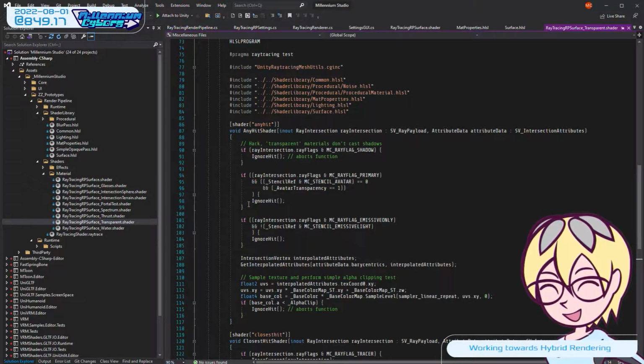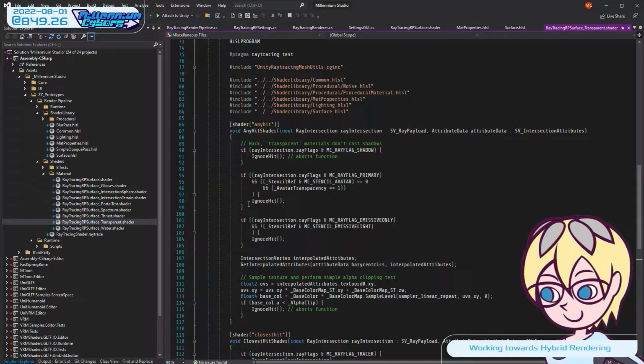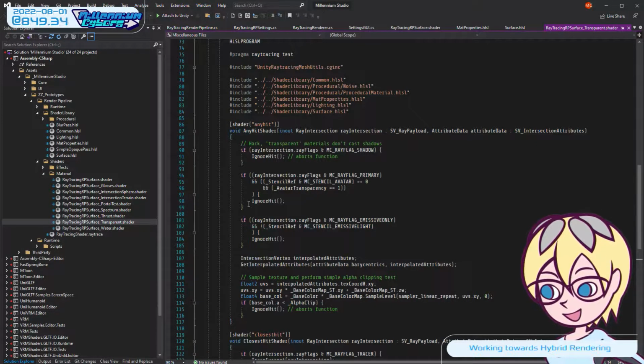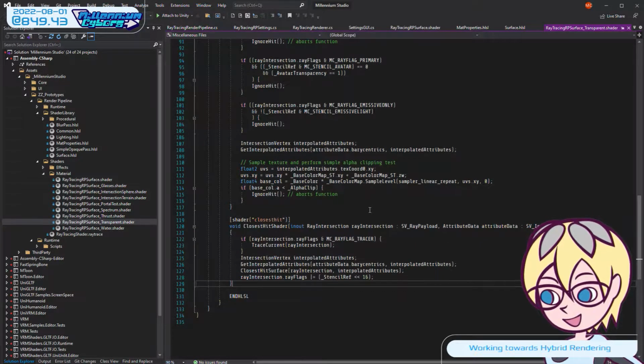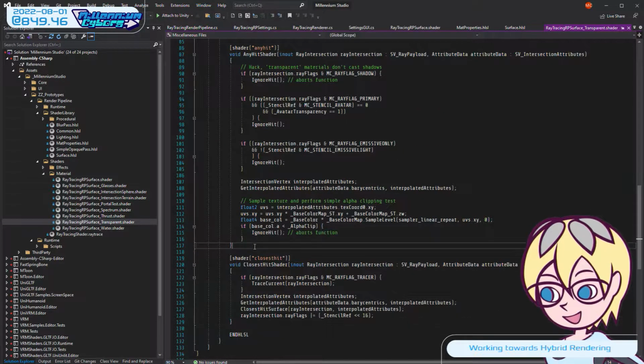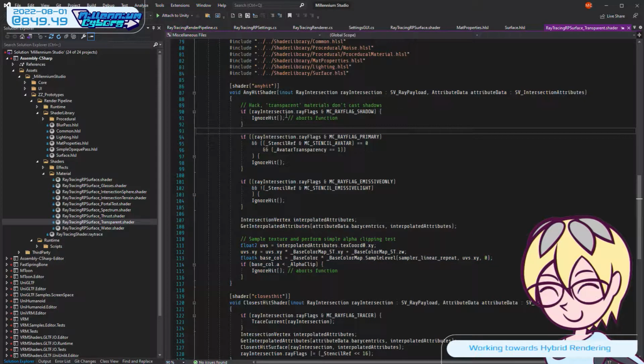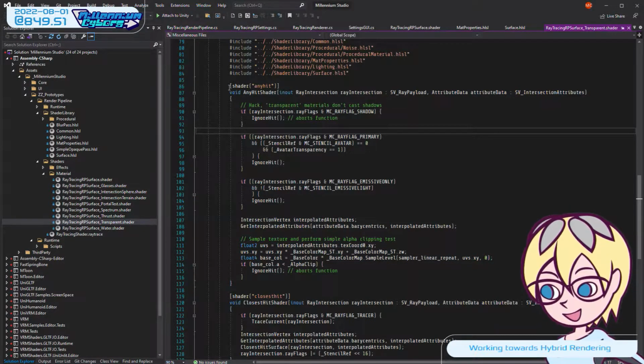You can also do partly transparent materials, but the sort order along the ray is not guaranteed. So I do transparency instead by casting a subsequent ray in the closest hit shader, which is more expensive but more correct. So what we're doing here is, in materials that use this shader,